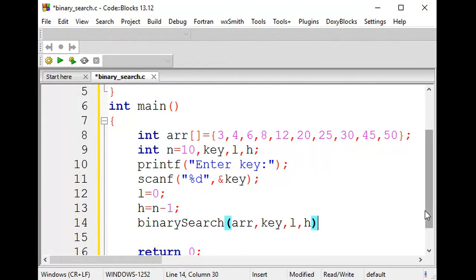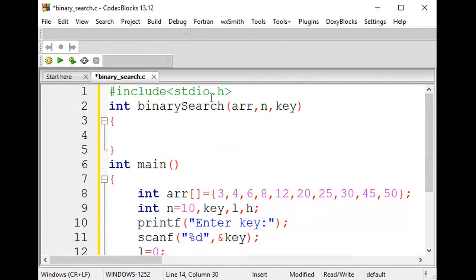So these are the elements required. Now we'll go ahead with your definition part. We'll have one element to receive the array, that is nothing but a pointer. Let me do this as a pointer, and the next element is key element to be searched. Let me have int key. That's the next parameter, right? So int key.